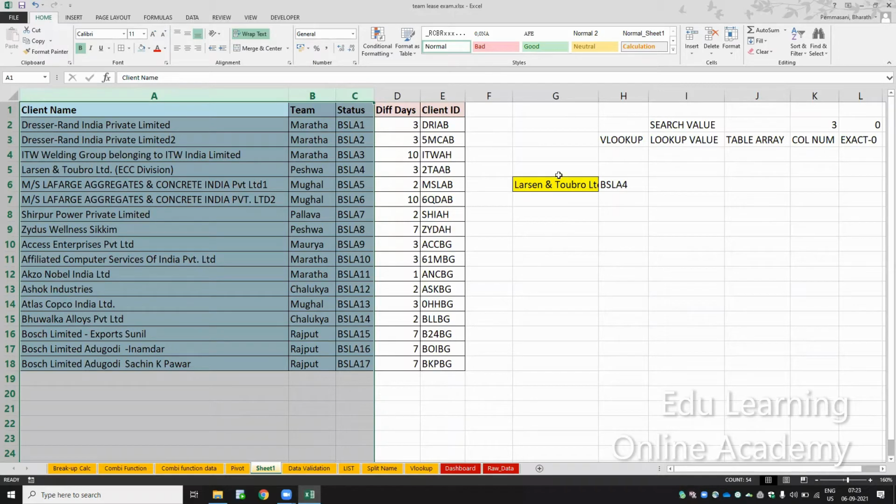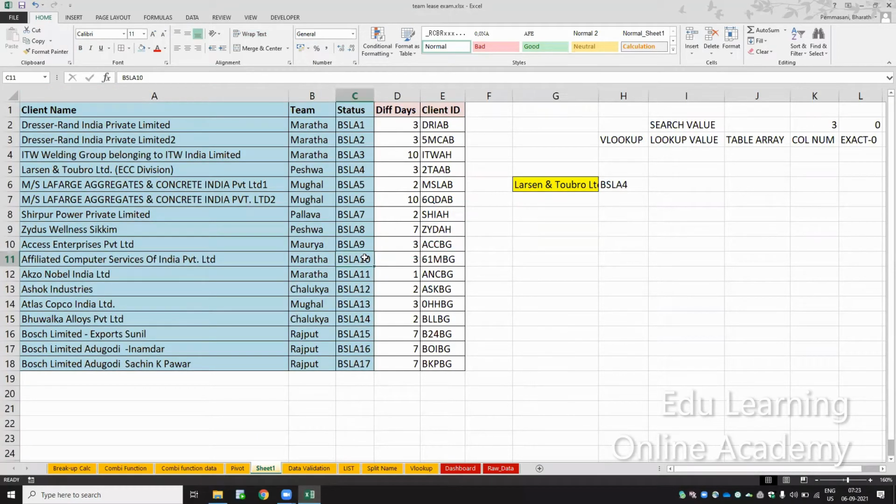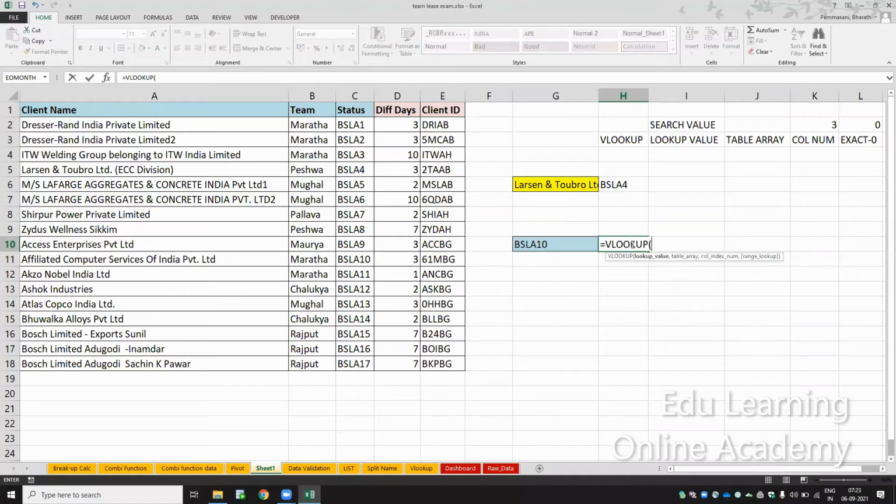Suppose with the help of status one. See, I have the status here, and the status one here. Now tell me the VLOOKUP value. VLOOKUP of what? What is the search value? Which one do I have to search? This value I have to search. And now I wanted to get the client ID for this status. So the lookup value is this value, the searching value, comma. Where should I select from? How should I select this one?